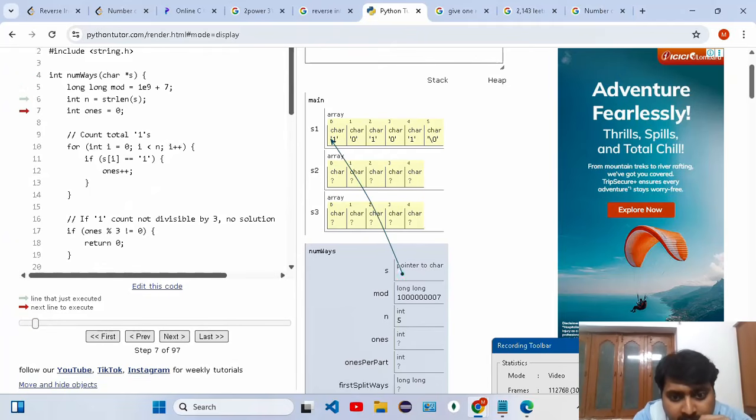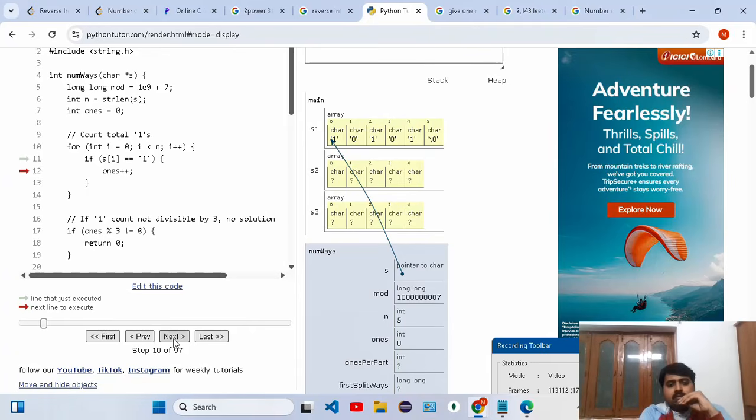This is pointing, I said, right? The pointer is pointing to here, because star s is a pointer. Okay, now click on next. This is a good one, right? The code visualizer. In any normal JNTS program, or in any college programs also, you will be able to understand it. If you don't want to